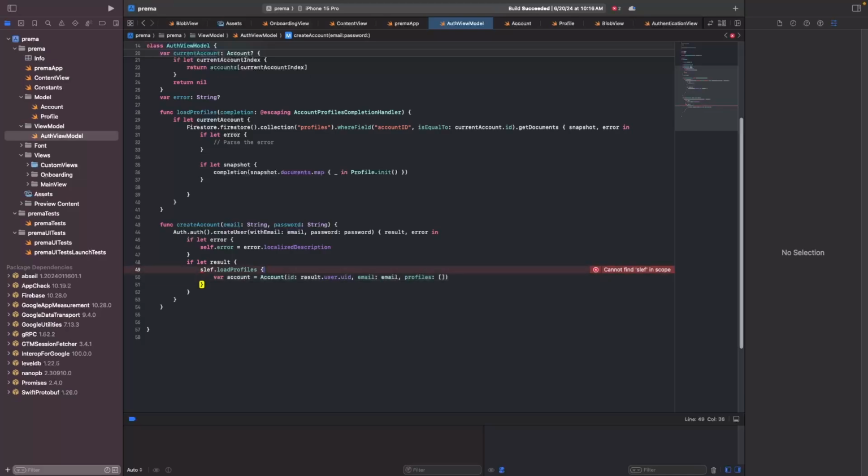And here what we can do is go ahead and put our profiles right here. So we just call this profiles, and make sure you have profiles in. There you go. And this is self. There you go. And so when it comes to creating an account, everything should be in place. Now what I'm gonna do is I'm just gonna do func logOut, and we're just gonna create a